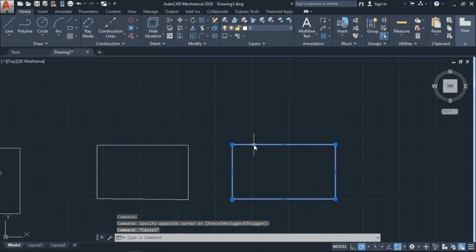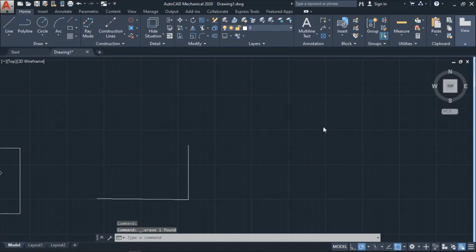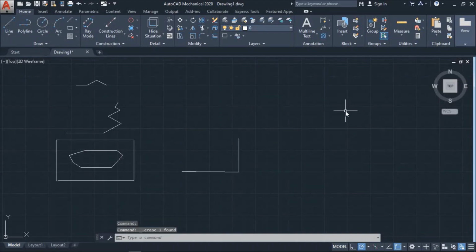But the polyline is always going to be selected on a single click, as the polyline is always joined with each other. In a line we can delete a single portion, but in a polyline we can't delete a single portion. If you delete, the whole line will disappear. So this is the difference between the line and the polyline, except that everything else is the same.